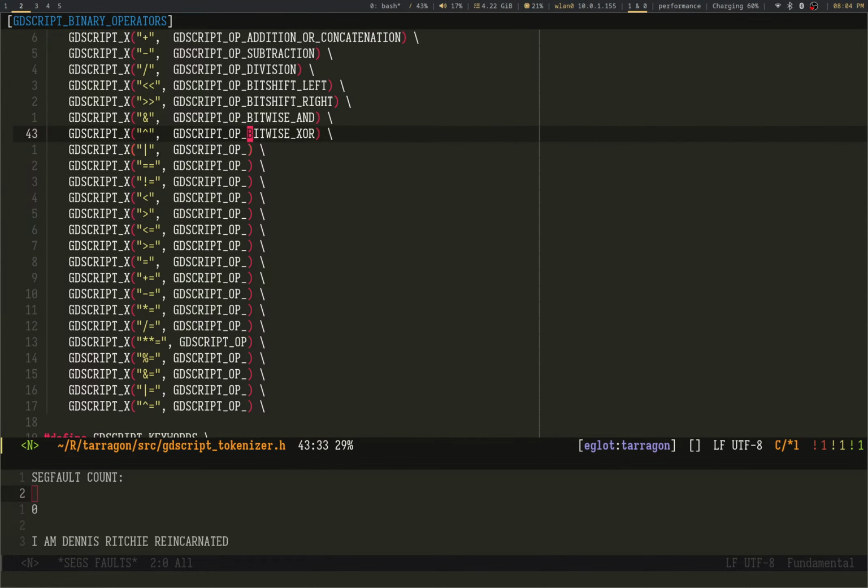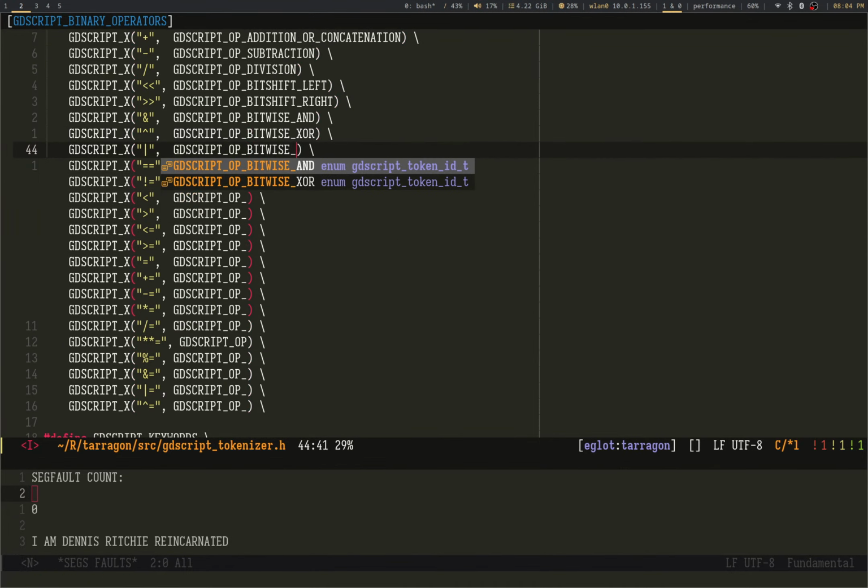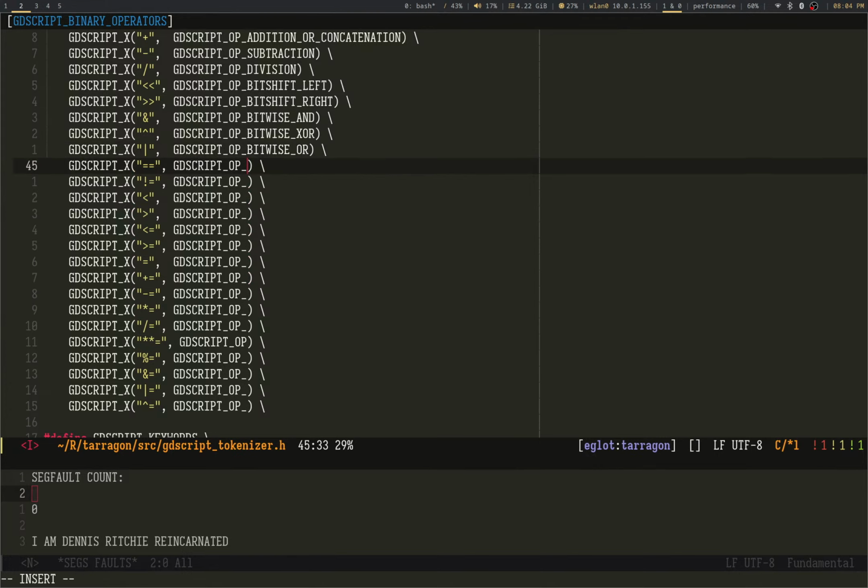All right, so this is a bitwise or, equals. Let's just call it equals. Why not? Is this less than? Yes. Less, as in Les Paul.